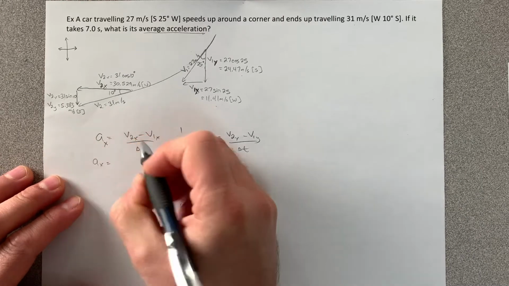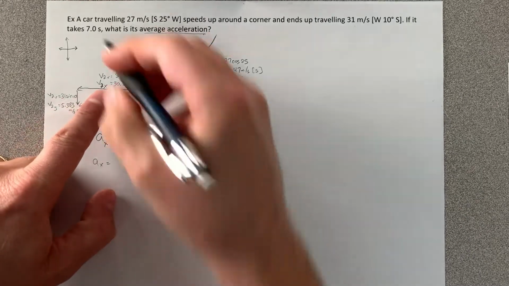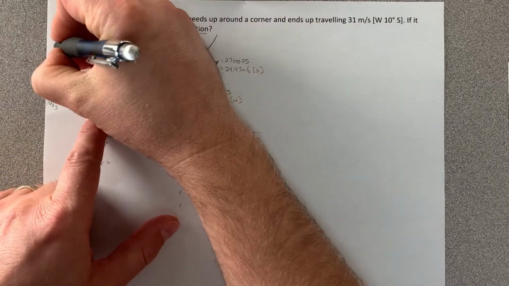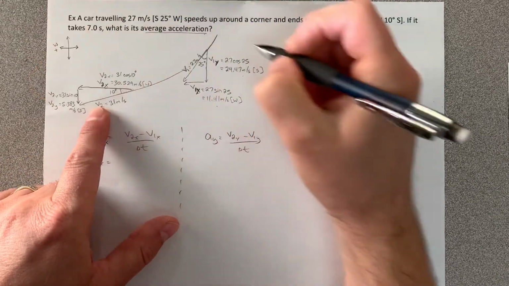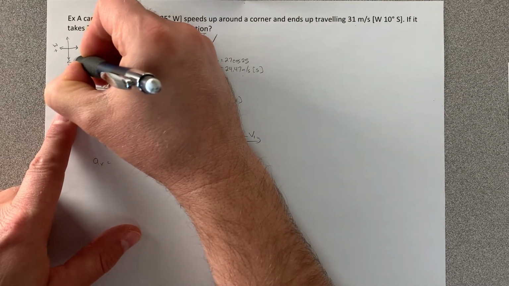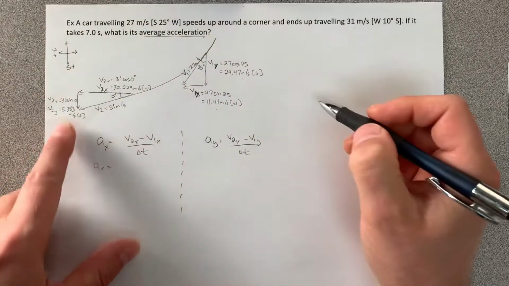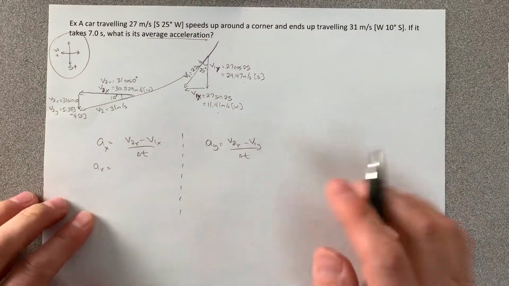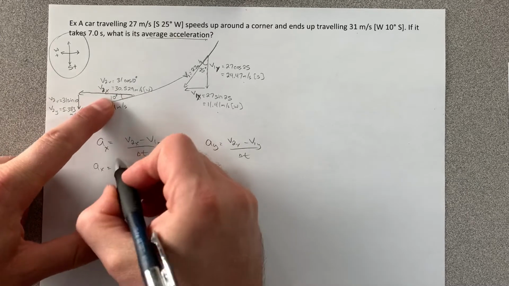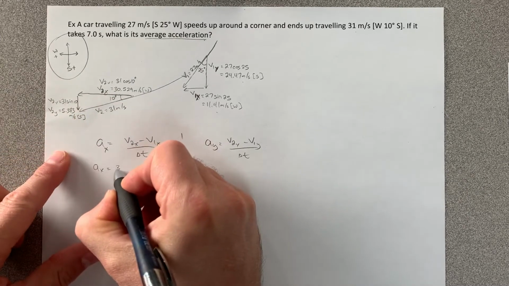Acceleration in the x direction then. v2x, I should choose some positive directions. Let's see. All the x stuff happens in the west direction, so let's say that's positive. All the y stuff happens in the south direction, that'll be positive. So there's my directions, that's important. West is positive, so any of my west numbers are going in as positive, so